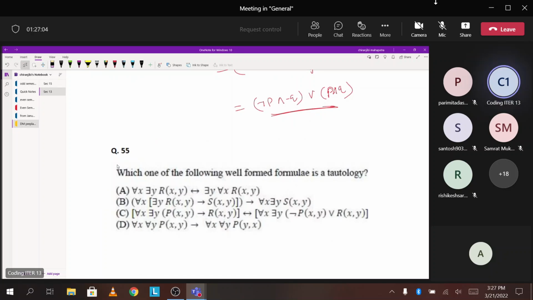ठीक है, सिमिलर टाइप ऑफ क्वेश्चंस, बट यूजिंग दिस क्वांटिफायर से यहाँ पे, फॉर ऑल X दैट एग्जिस्ट X, सब क्वांटिफायर से यहाँ पे। ओके, ट्राई टू डू इट।